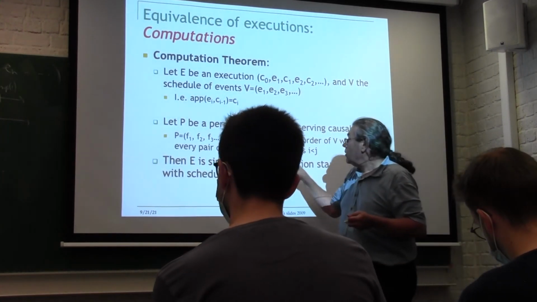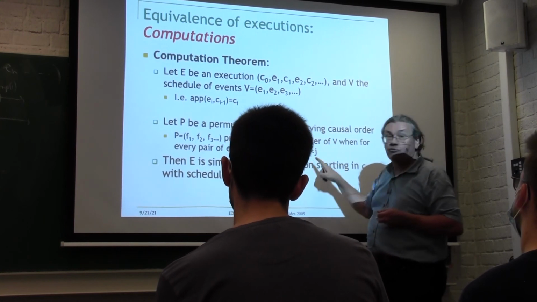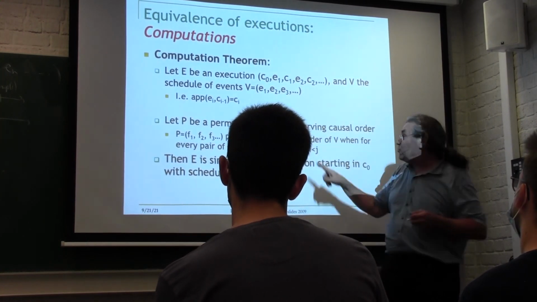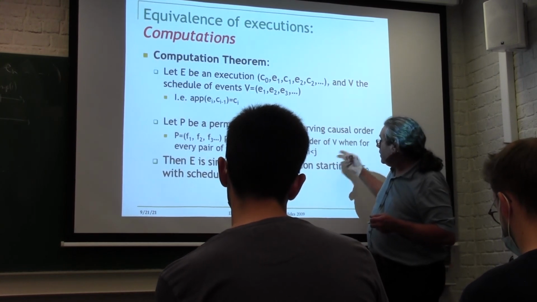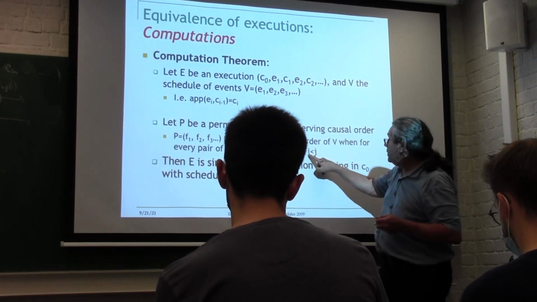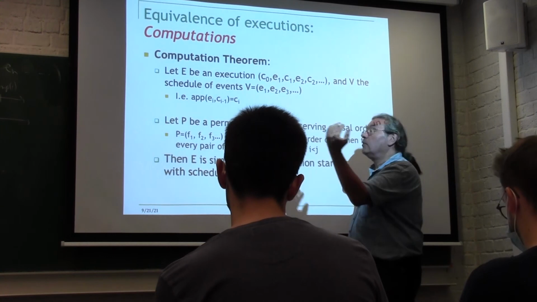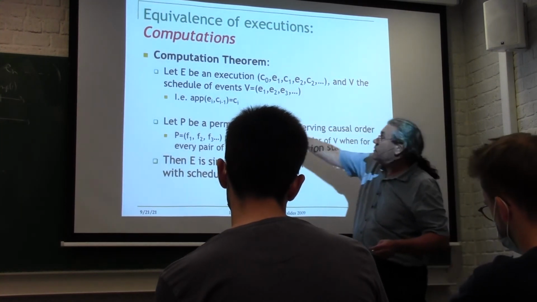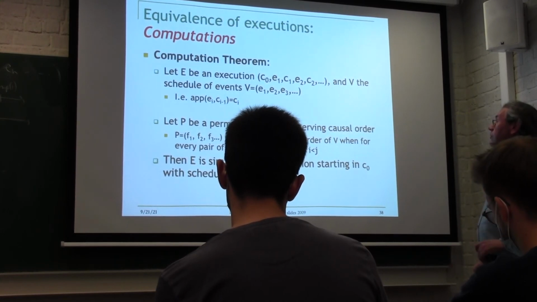Well, that means that i will actually be before j. That means we're not traveling backwards in time. If i would be greater than j, then it's like we're traveling backwards in time. No, i will be less than j, so that means time is still going forwards. So basically we're flipping the events around, but time is still going forwards.